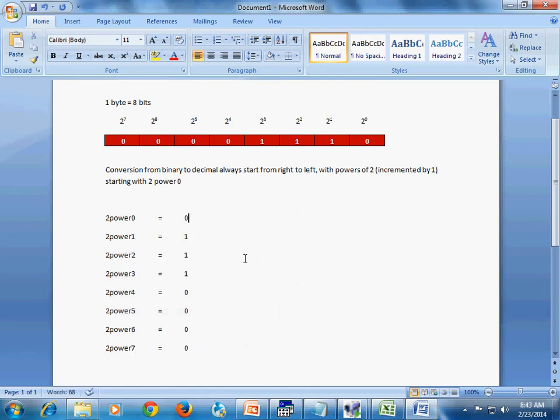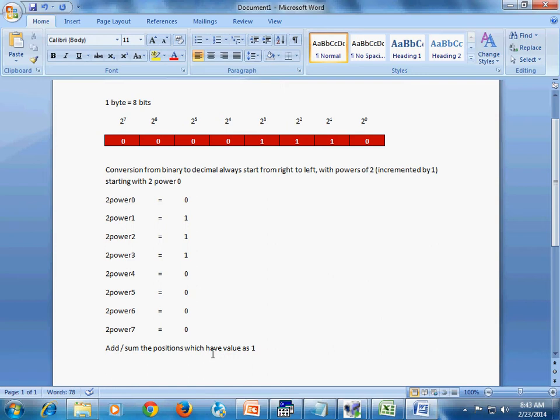Now to calculate it, all we need to do is add the sum of the powers of 2 at the positions which have value 1. The value at 2 power 0 is 0, so just ignore it.